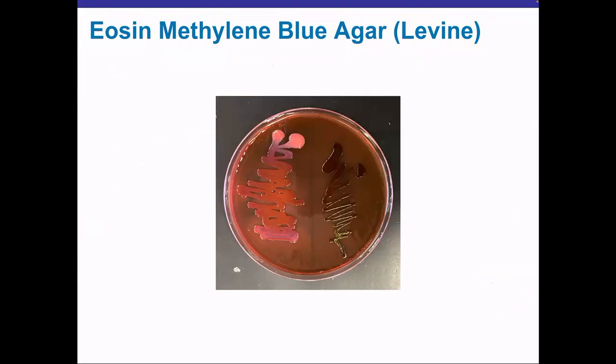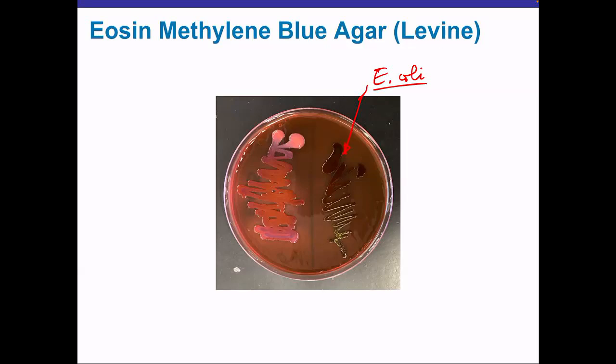This encourages dye absorption by the colonies that are growing there, which are now of a purple-black color. That's in the case of bacteria that are producing a lot of acid as a result of fermentation of the lactose. So additionally, on EMB, if Escherichia coli, a fecal coliform, is growing there, it will give a distinctive